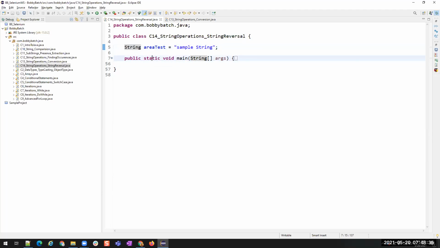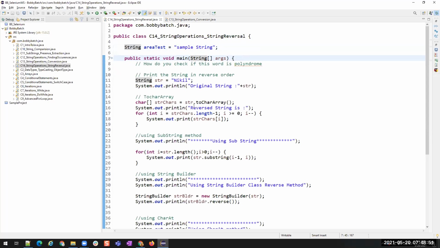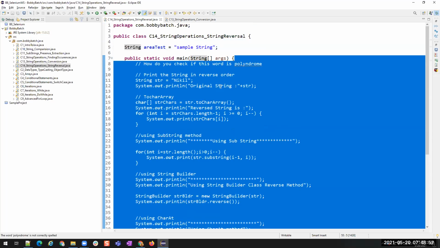So if you have a keyword called static, I'll explain what is static and what is the difference between static and instance, but for now you understood, right? What is static area, what is instance area? Anything present inside the static method goes into static area. This area is completely static area, whatever is present inside this static method.